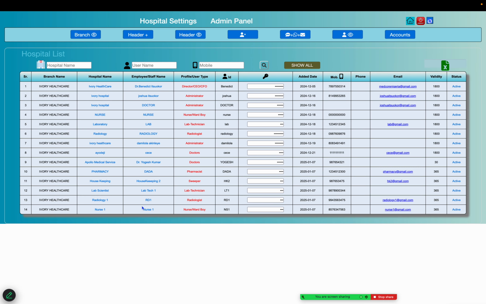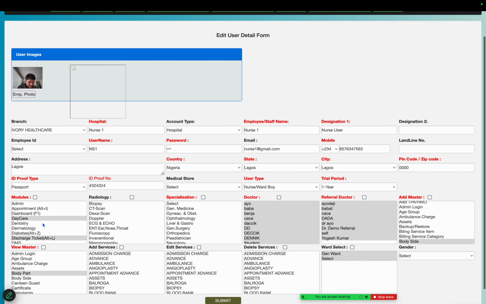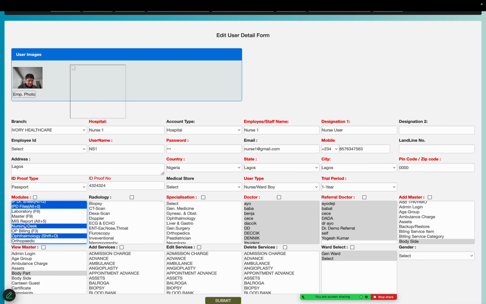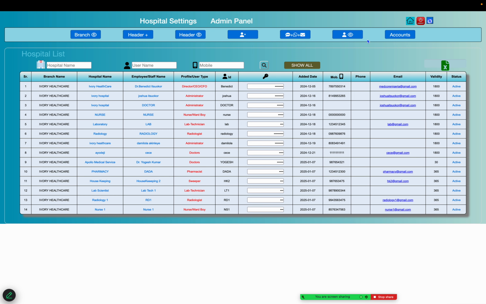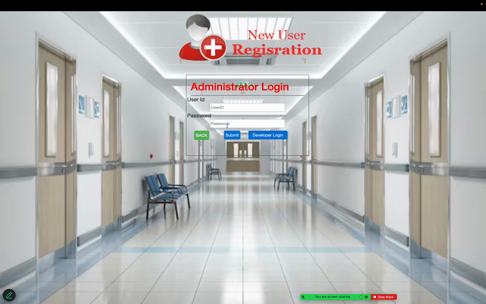Now we will have the nurse account here, and need to update one more module, that is called the nursing station. Okay, so I wanted to add a nursing station module also. Okay, like this one, and we just submit. So the nursing module will be added to your nurse account.